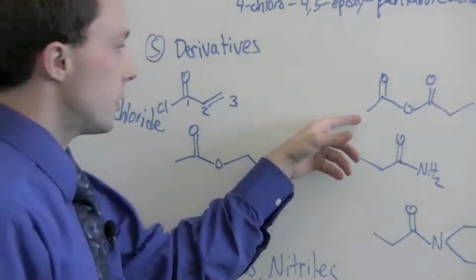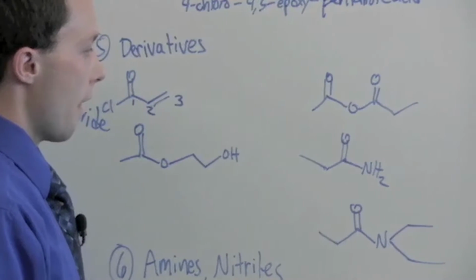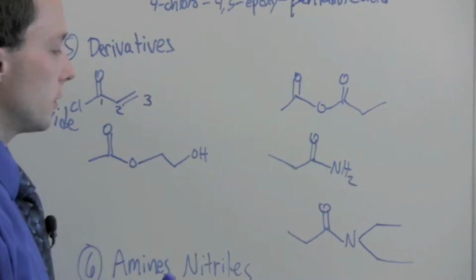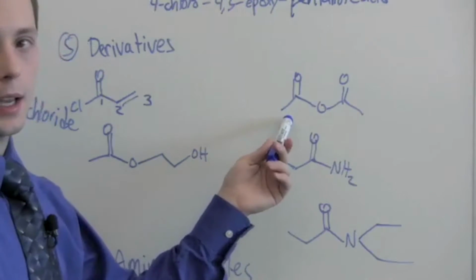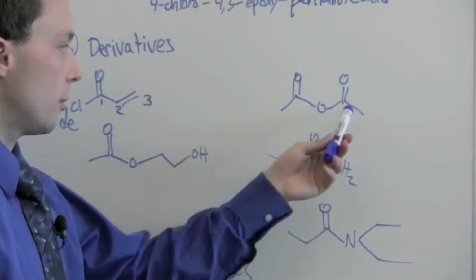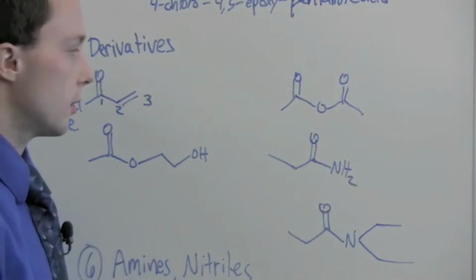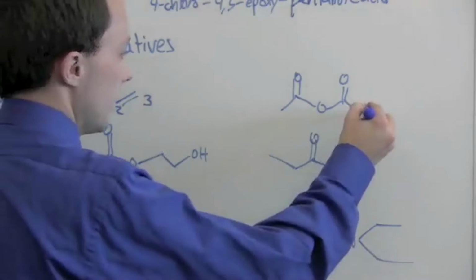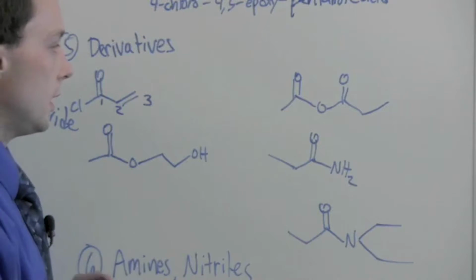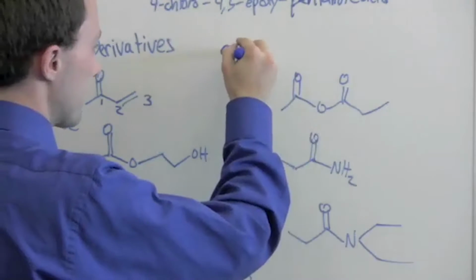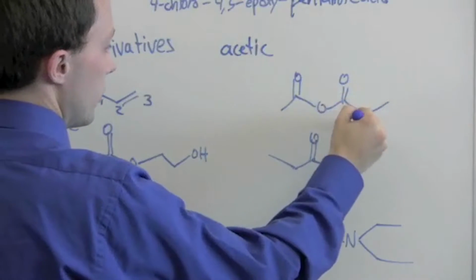Now if we move on over here, acid anhydrides are named if they're the same on either side. So if we erase that carbon, this would be acetic anhydride because it has an acetyl group here and an acetyl group here. A carbonyl with 1 carbon attached to it is an acetyl group. But if we add this over here, now it becomes different, and now we have to name each side individually. So this is going to be acetic, and then 1, 2, 3,